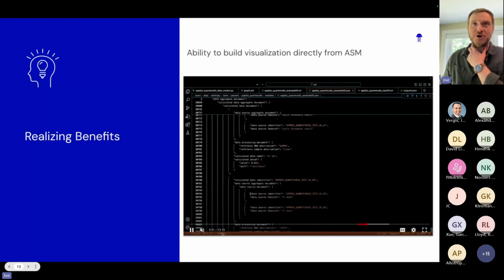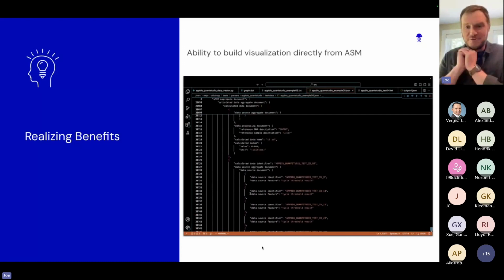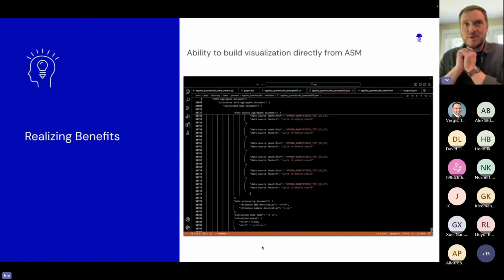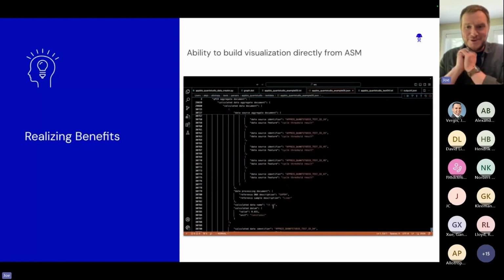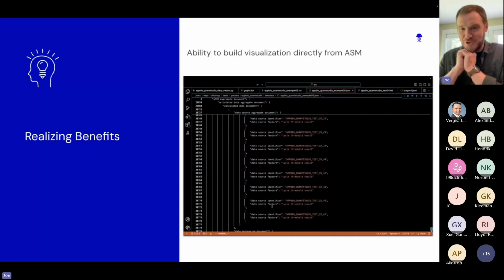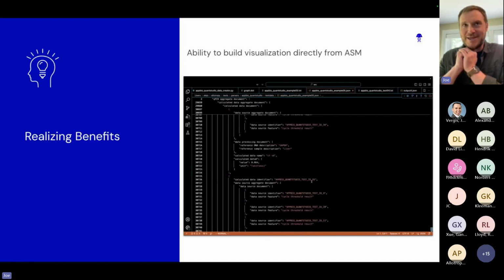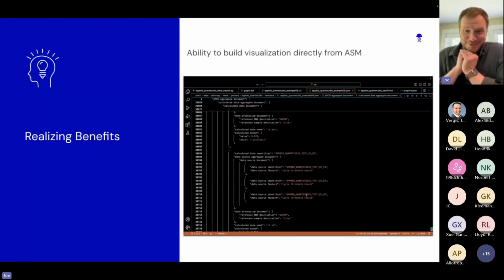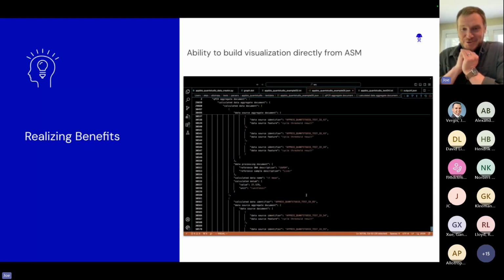But as you can also see, a given file might end up being 30,000 lines or so. So even though one of the virtues of the ASM is that it is human readable, there's a limit to what is really human readable once you get to a certain scale.